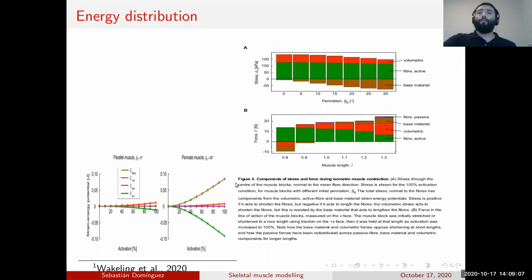The other thing that we wanted to see there was the stress and the forces, and one particular one is the force. So in biomechanics, when they want to estimate the force of a muscle, what they do is compute something called the cross-sectional area. Imagine in this example I have all my fibers in the x direction, right? And I compute an orthogonal plane to the direction of those fibers. Then I intersect it with the muscle, and that's my area.